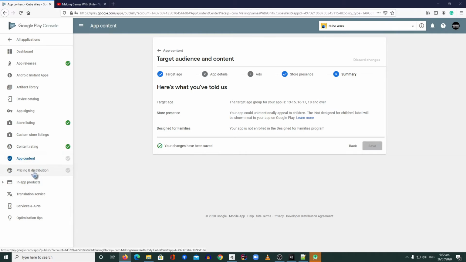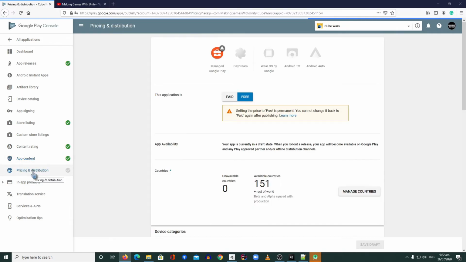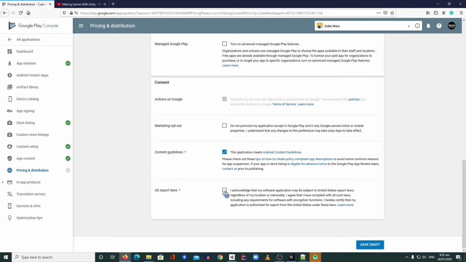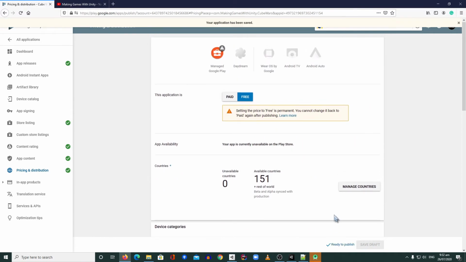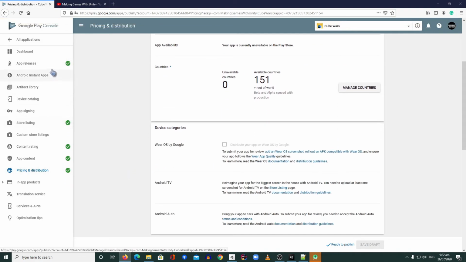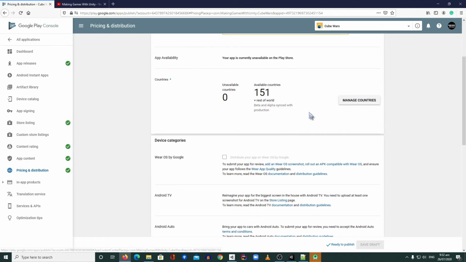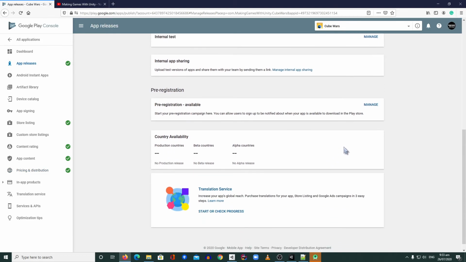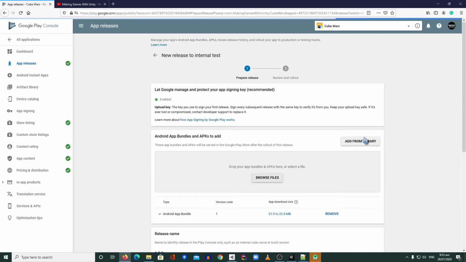And then what else? Go to pricing and distribution. So this is the last one. Our app is free. We need to tick everything here, yeah, the conditions, then save draft. We need to use free, of course. Alright, so app release, store listing, content rating, app content, pricing and distribution. Everything is checked. So now we can go back to app release, go to our internal track, edit release, and now